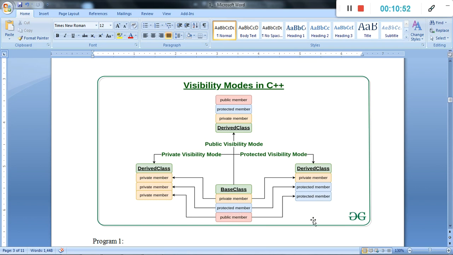It is not accessible under the main function, but the public member of a base class is accessible under main, because it is public and accessible anywhere in the program. Protected is only accessible under the derived class. Private is not accessible under the derived class. Then for private, the derived class cannot access any member from the base class, because it is mentioned as private.